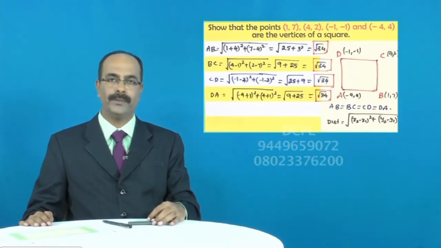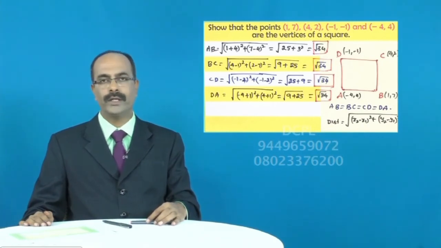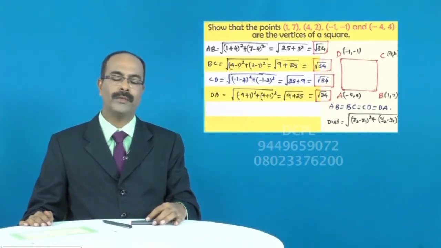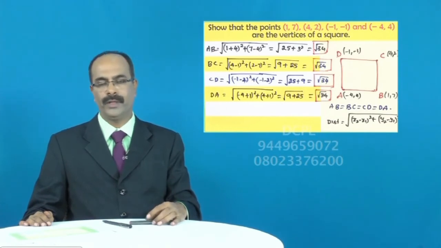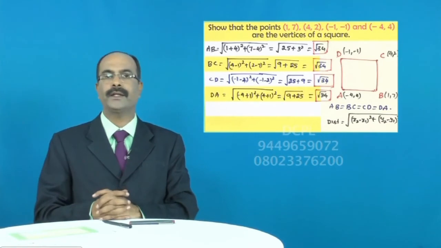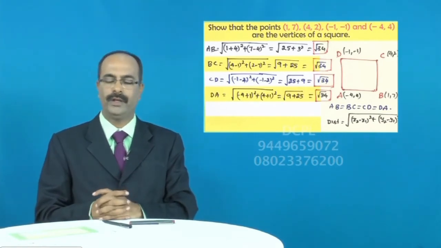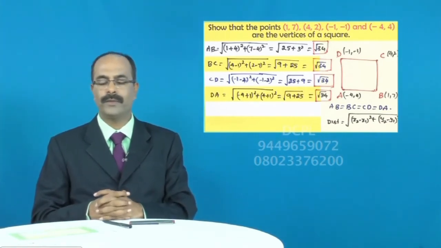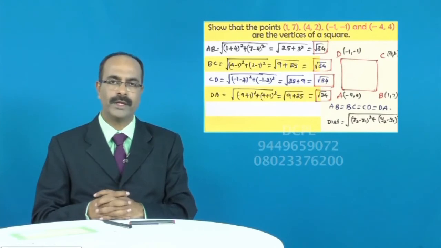We got AB is equal to BC, that is equal to CD, that is equal to DA. We can conclude that ABCD form a square. Actually, of course, we have to move further and prove that diagonals are of same size. And of course, it is evident from the figure. And for your 10th standard level,